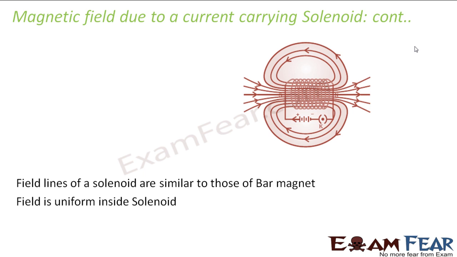You remember the magnetic field lines pattern in case of a bar magnet? They look like this, right? They originate from one pole and terminate at the other, and they form closed continuous loops. So by looking at this pattern of magnetic field, it was said that one end of the solenoid behaves like a magnetic north pole and the other end behaves like a magnetic south pole.